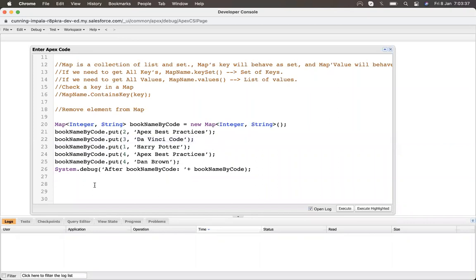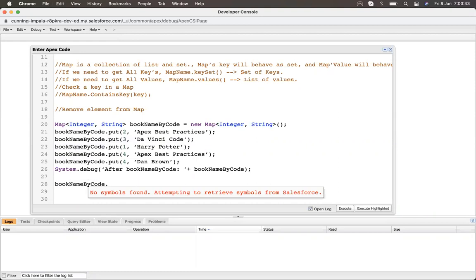What I will do is write dot remove and then the key. And then again let me print the remaining map.